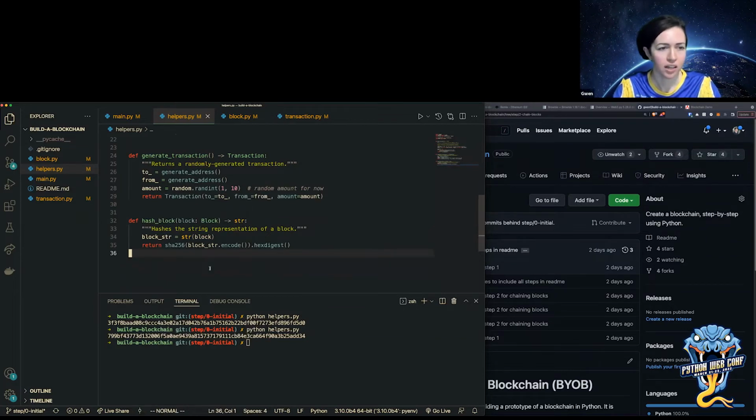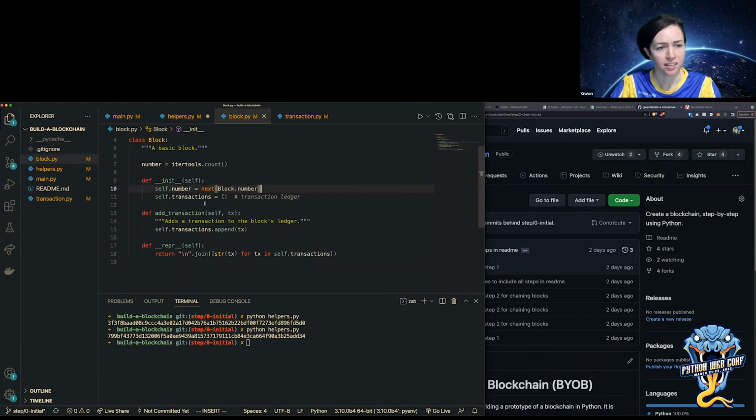And now I am going to create a helper function to create a block. And that's because now on blocks, I do need to add a previous block hash. So actually, I'm going to have to add that in the init function here.